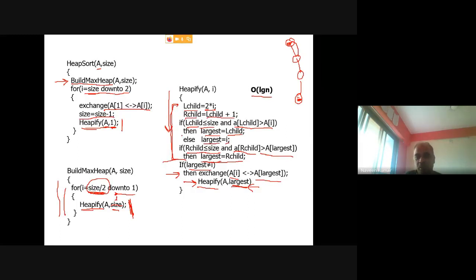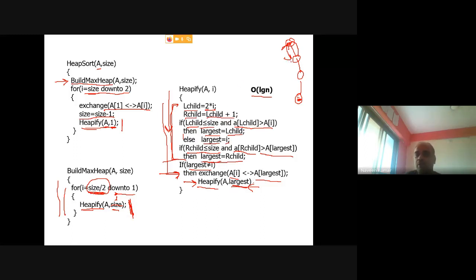So there is no loop here. It takes constant time, right? Then you are calling, right? You are exchanging. So again, it will take constant time exchanging, right? You require 3 steps in swapping, right? So then you call heapify. So every one shift requires a constant time, right? This whole statement will take constant time till this point, right? So constant time plus a recursive call, right?